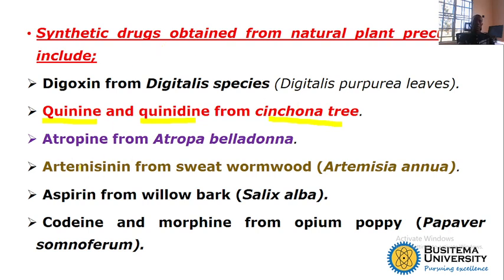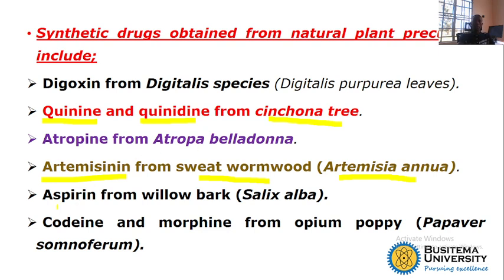The other plant that I have spoken of is Artemisia annua. This was first discovered in China around 1970. With Artemisia annua, the active ingredient is artemisinin. It is obtained from what we call scientifically Artemisia annua, but the English name is sweet wormwood. This one is also known as an antimalarial.